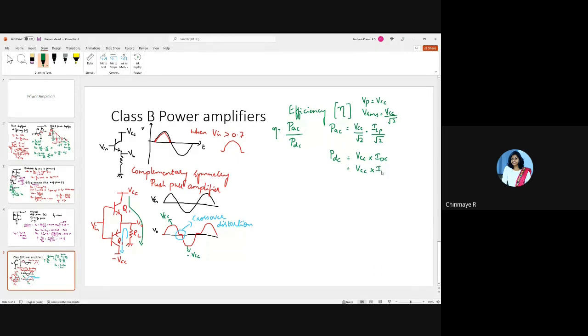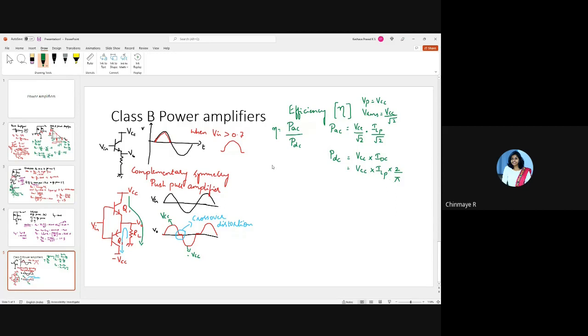Just multiplying that by 2 by pi will give you the IDC value. This you would have learned in your diodes. We did it in lab also, right? When you're doing the diodes experiment. So therefore, now this will be your